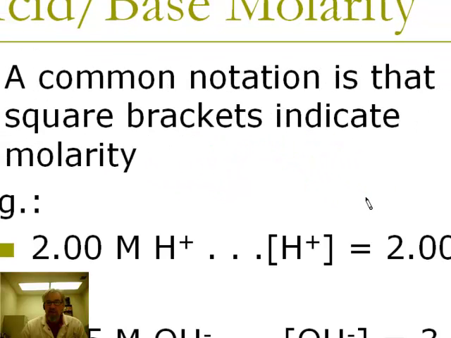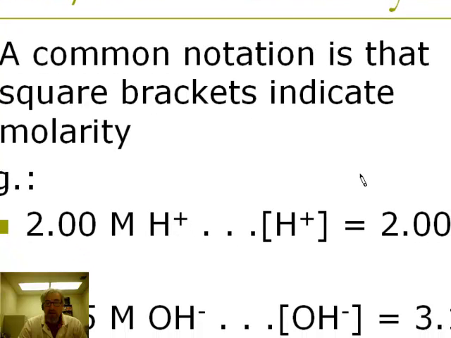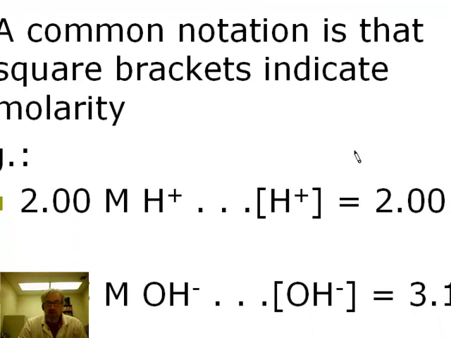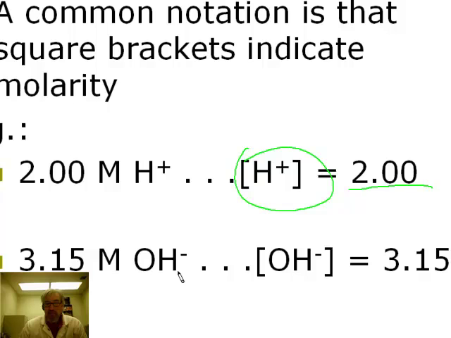There's a really common notation in solution chemistry that's used very often in acid-base concentration, and that is square brackets. Square brackets indicate concentration in molarity unless something else is specified. So a 2.00 molar H plus solution could be written as concentration of H plus in square brackets equals 2.00. Or a 3.15 molar OH minus concentration could be written square brackets OH minus